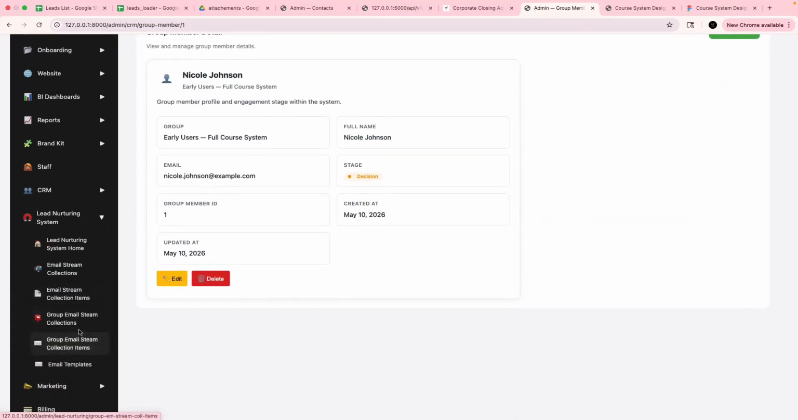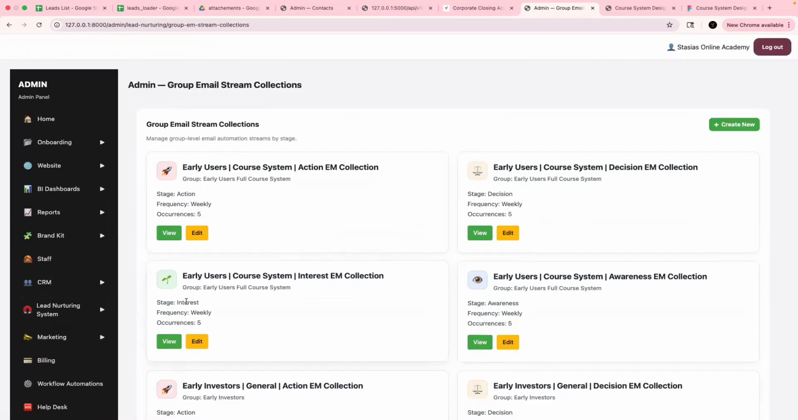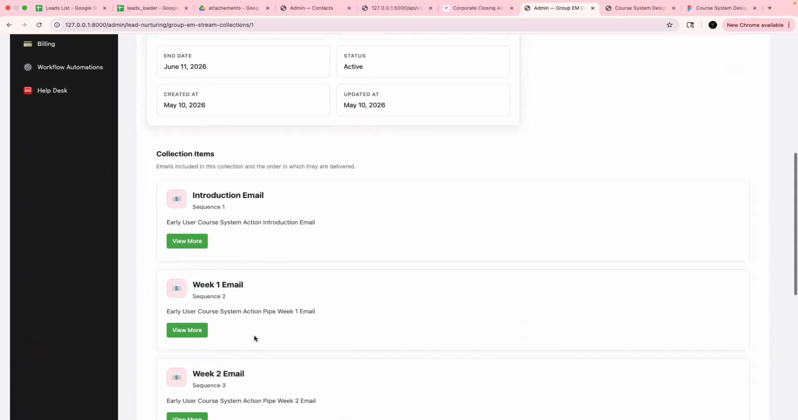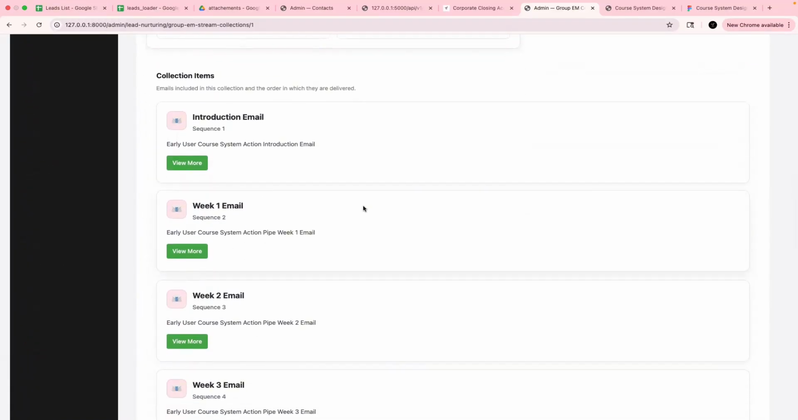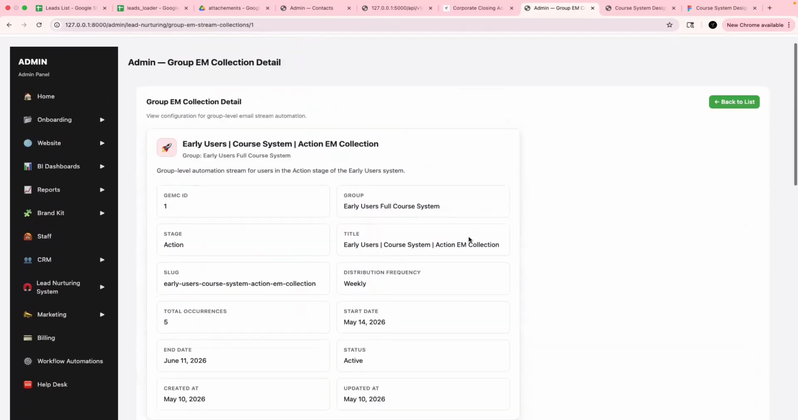If we go to our group email streams, for early users who are in, for example, action, this is specifically for users who are in that stage. What you guys will see are the email streams that are going to go out to that audience. And this is how we nurture the leads. But notice that, like I said,